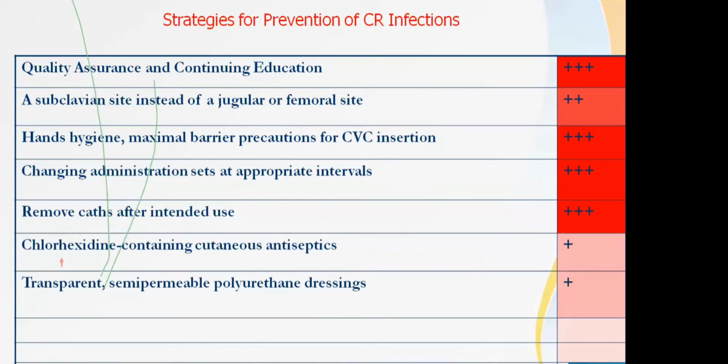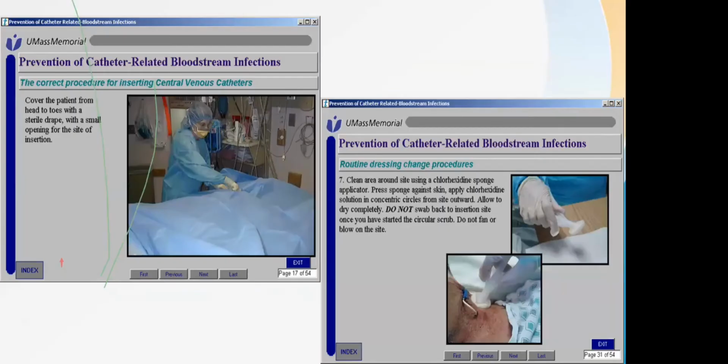And whenever any healthcare worker is checking for it, I hope they are not doing it with their plain hands. They are putting on the gloves, and beyond putting on the gloves, are they doing the 5 movements of hand hygiene when they are manipulating any of the interventions? Then how frequently the removal of catheters is indicated, and whether antiseptics are being used or not. What is the type of dressing is also very important nowadays. Not a plastic one, it has to be a transparent semi-permeable polyurethane dressing. It is not that you pile up the old gauze pieces and just put up the white plaster; that cannot be taken up for a centerline anymore. So these are the basic practices.